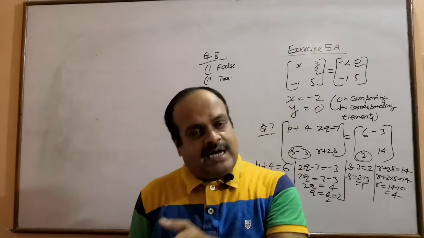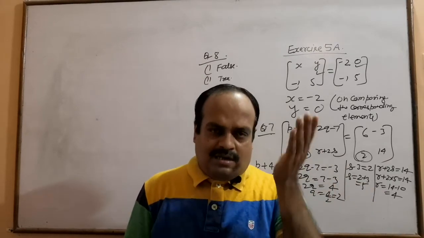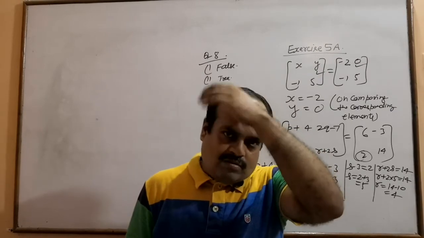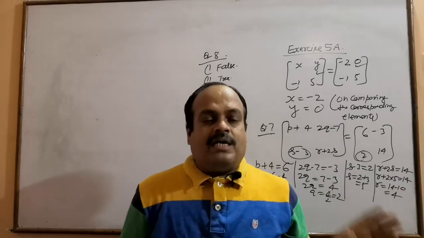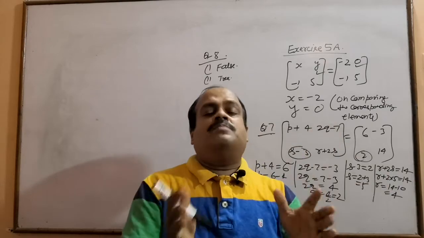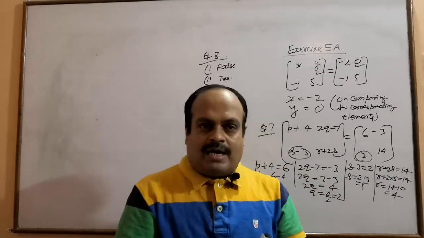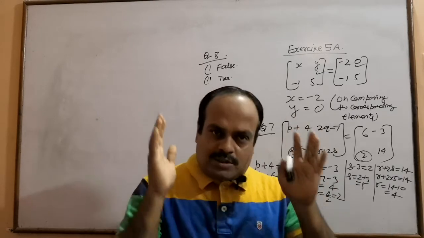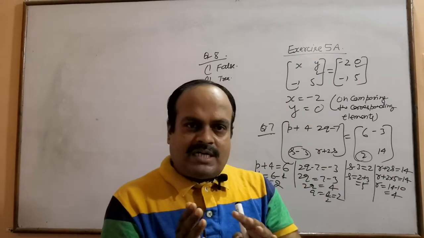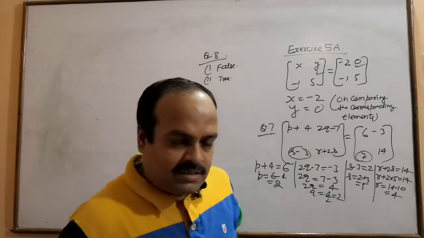This diagonal matrix becomes the unit matrix if on the leading diagonal we have the elements 1, 1, meaning unity, and the rest of the elements are 0. That matrix is called a unit matrix. So every unit matrix is a diagonal matrix, every diagonal matrix is a square matrix, and every unit matrix is a square matrix. Remember it, all these statements are true.